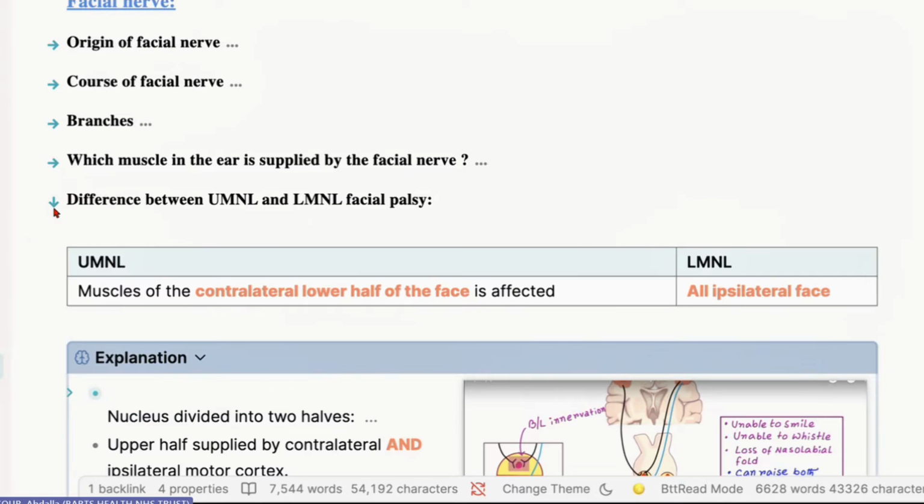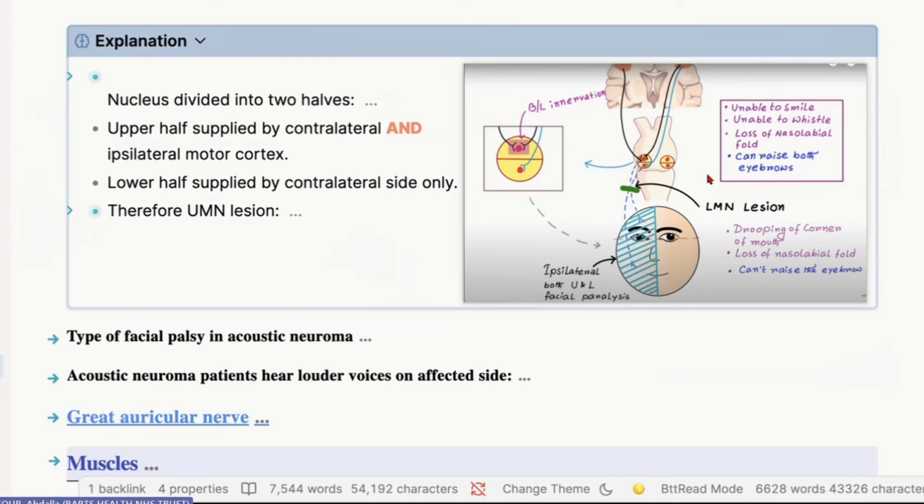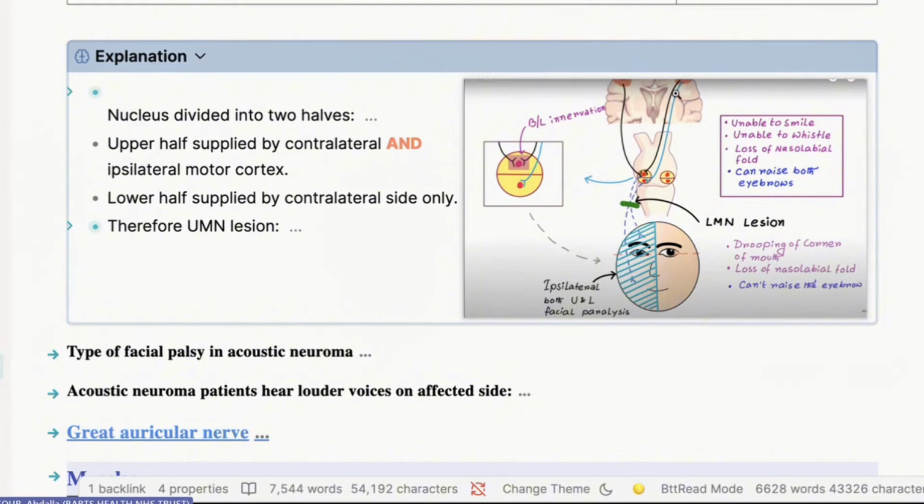All right. You can be asked a question why the upper motor neuron lesion will spare the forehead. Is that because you have... I'm not too sure. I think it's just to do with the path that it decussates across. No, not the decussation, but I want you to have a look at this image, right? So what actually happens in the pathway? You have your afferent coming from the forehead up to this nucleus, right? And then this is the nucleus of the forehead. It will have bilateral representation in both